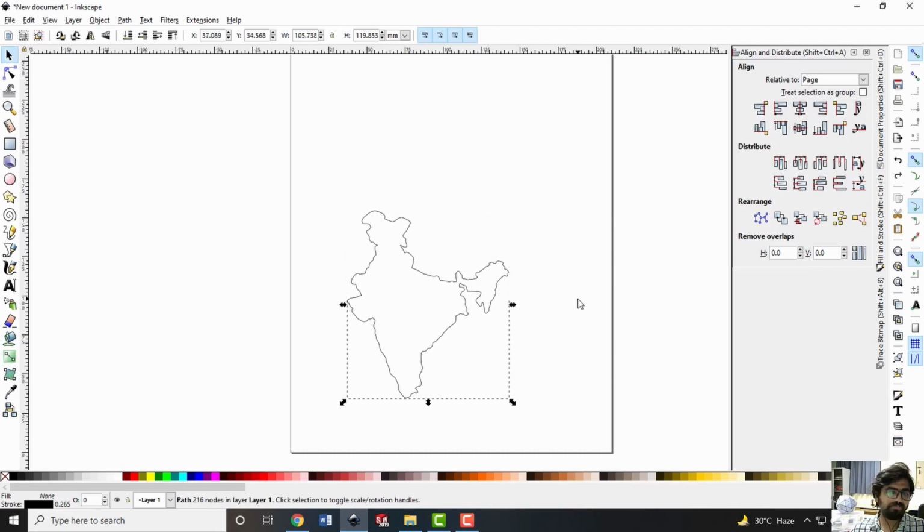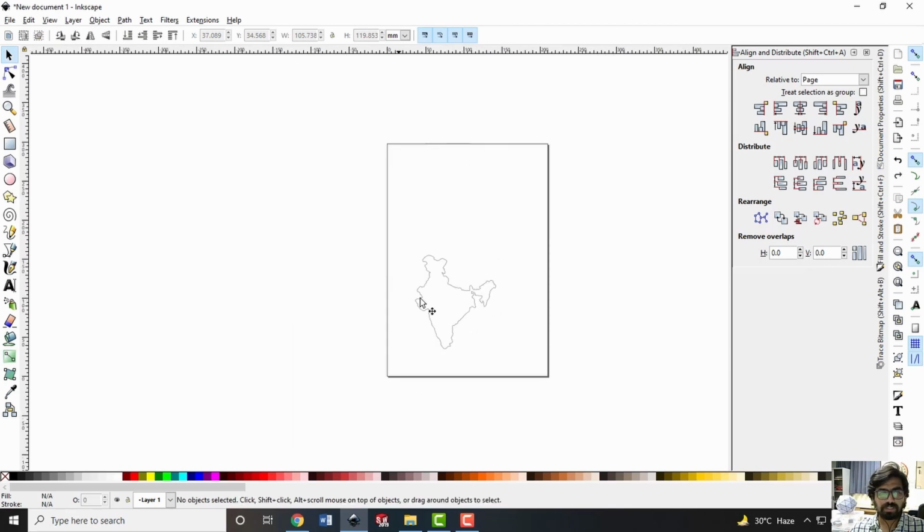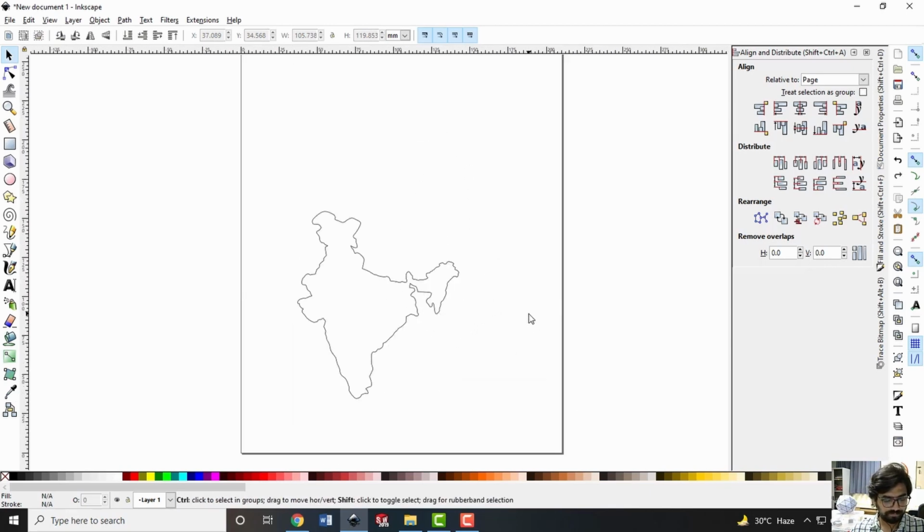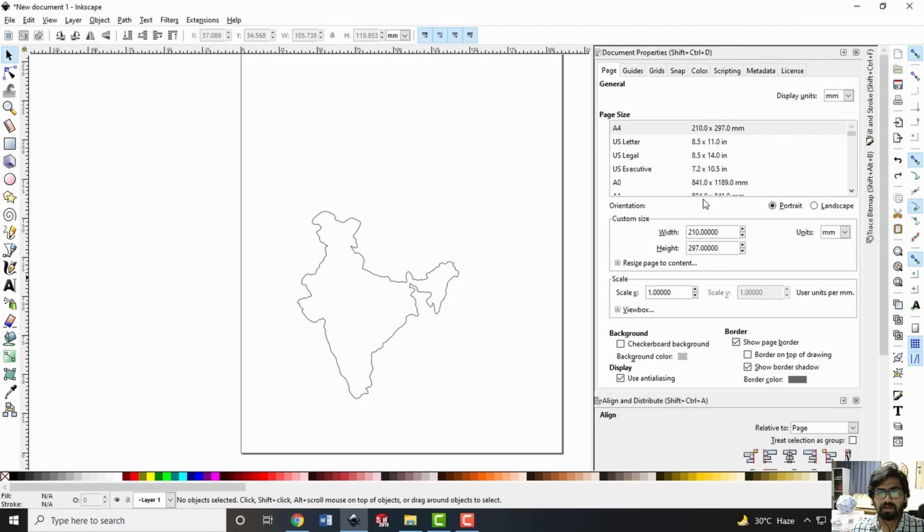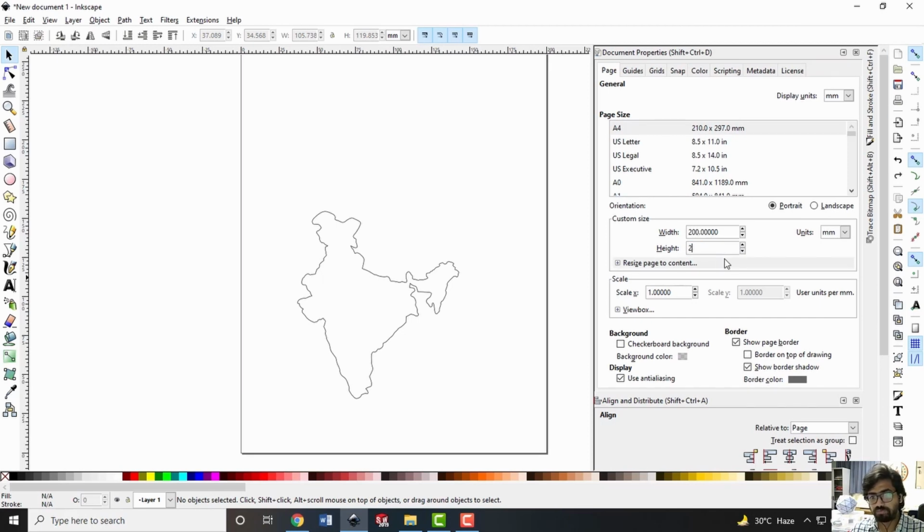For that, we will follow similar steps here as well, but the additional step will be to fill the inside area. Let us first set the page accordingly. So for that, Control Shift D, and I can set the page size. Maybe it is 200 by 250 mm.